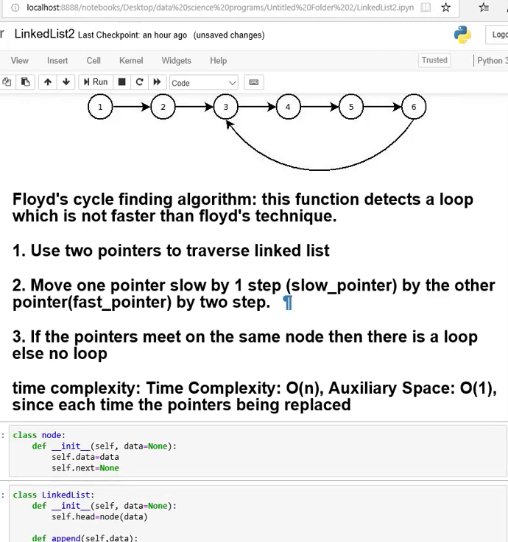For cycle detection, we usually use Floyd's cycle finding algorithm. First, what is meant by a cycle? In a linked list, if one node points to a previous node, any previous node, then that's considered to be a cycle, right? In this linked list, 6 is pointing to 3, which is a previous node. It's not pointing to some forward node which has not been traversed or seen yet. So this linked list has a loop,